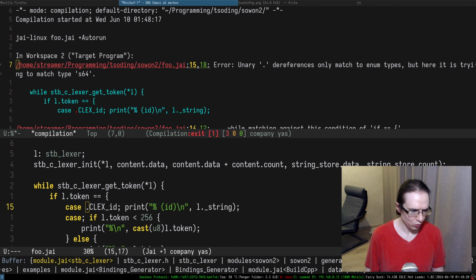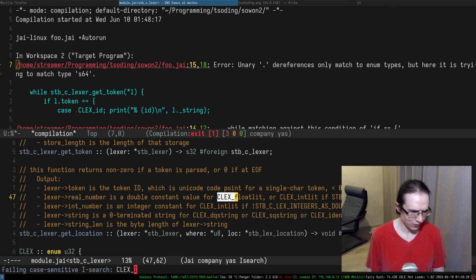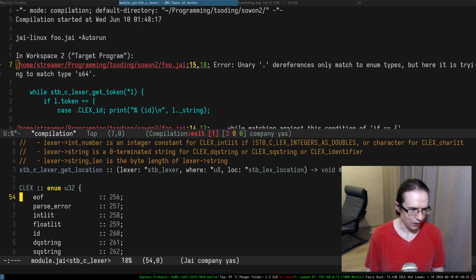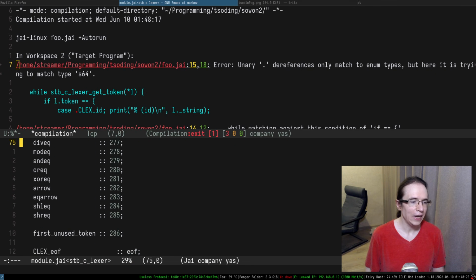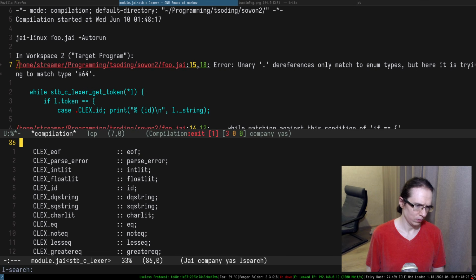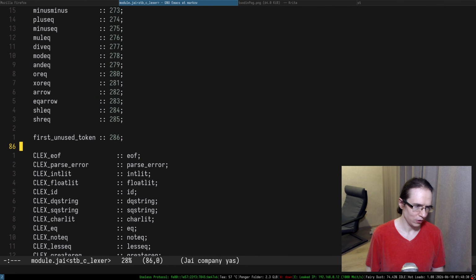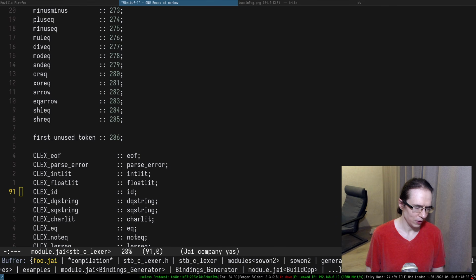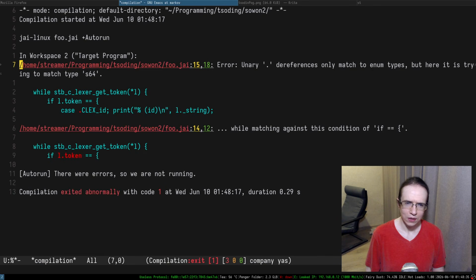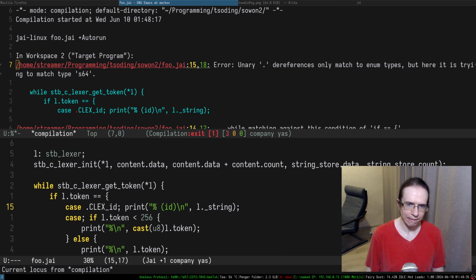So there is no dot, class ID. Am I going crazy? Dereferencing, unary dot dereference only matches enum types, but here it is trying to